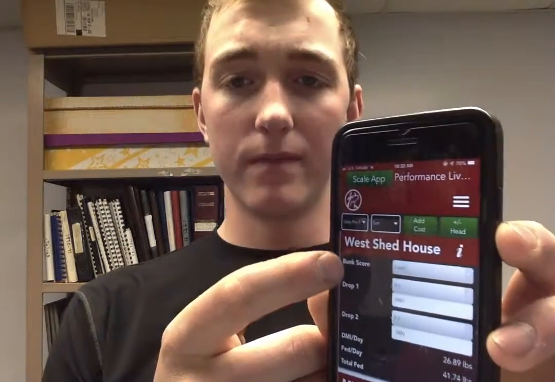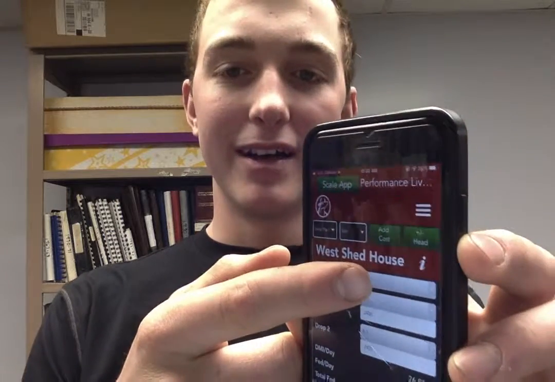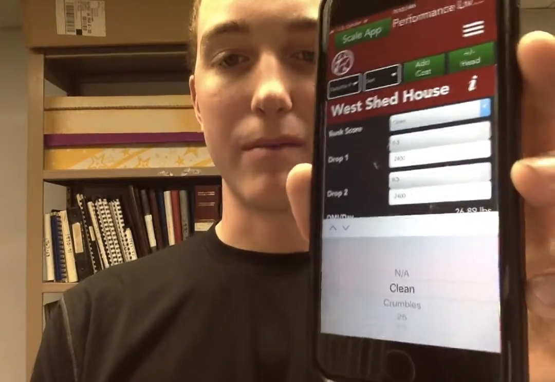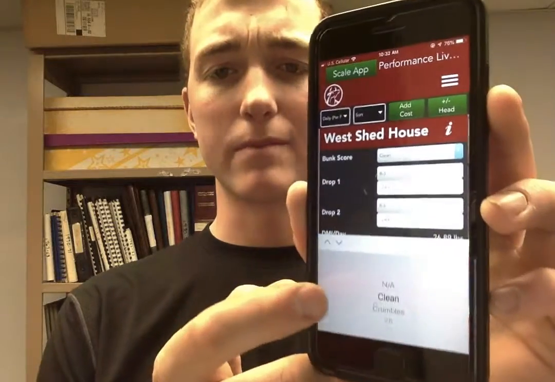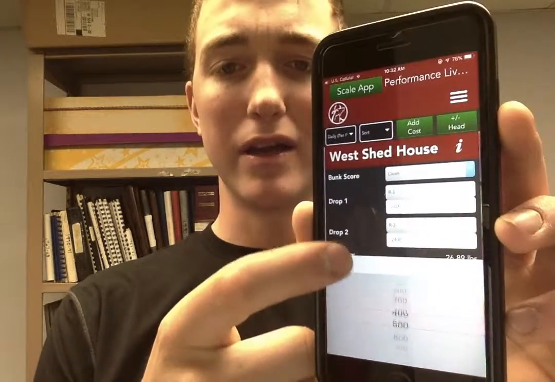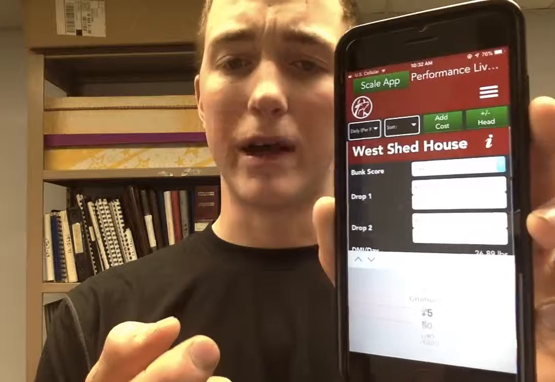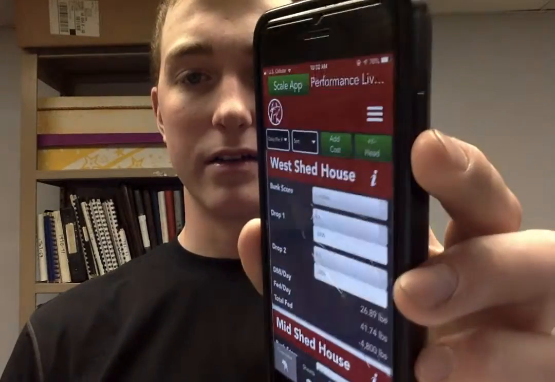So for bunk score, hopefully, we'll come over here and click this little drop down menu. It gives us multiple options: clean, crumbles, and then some numbers which are referenced to pounds. How much feed is left in the bunk? By this, we'll judge how much feed we actually drop for the cattle. The more feed left in the bunk, the less feed we drop off that feeding, because we got too far ahead of them and they're leaving feed, and they should not be. They should be cleaning the bunks up good. And so once we have that selected,